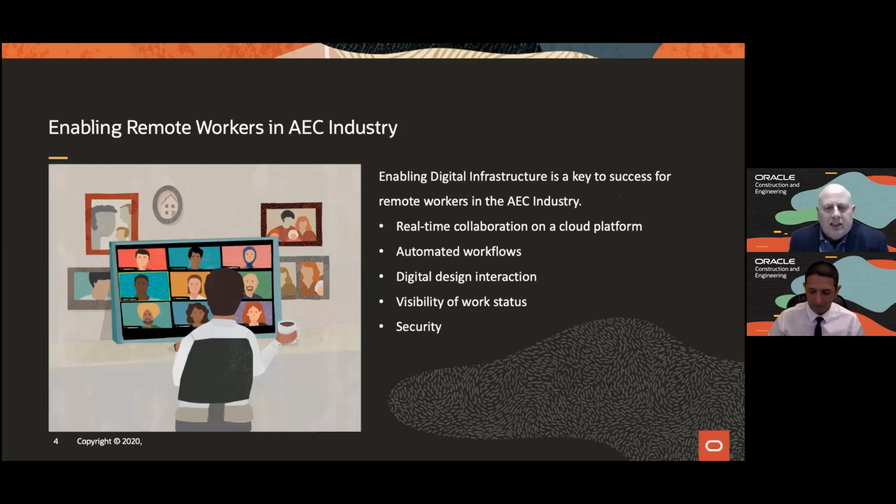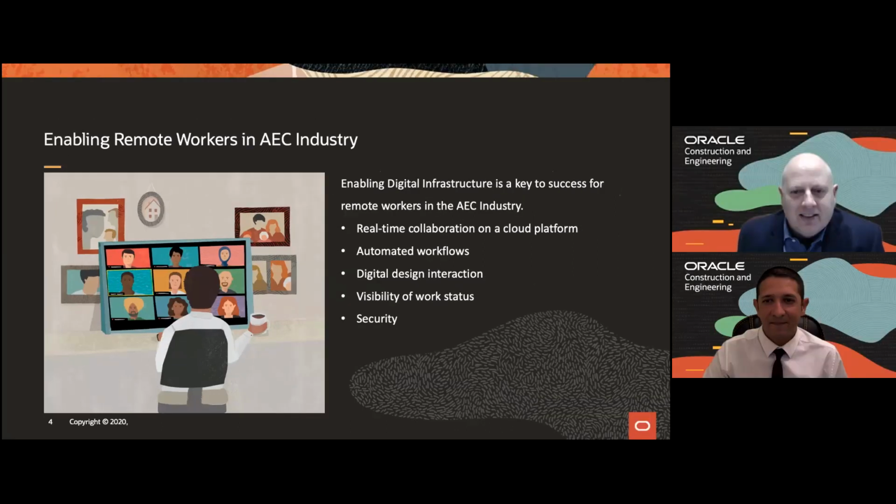So remote workers in the architecture, engineering, and construction industry. Our poll just now indicated 69% of everybody on the call would like to have a mix in terms of work from home, work from the office, or work from the construction site, seeing that it's part of the construction industry. But to really enable workers to be effective in working from home, certain things need to be in place. And that is very strongly dependent on the digital architecture or digital infrastructure for the home worker or remote worker